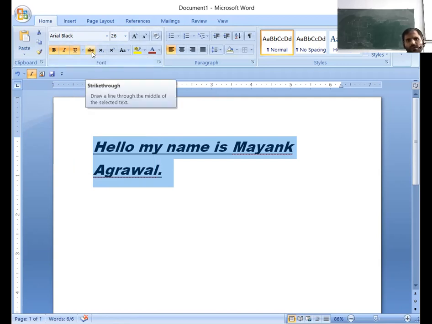And also you can see the strike through option. If I want to strike the text, I have to choose this option, strike through the word.